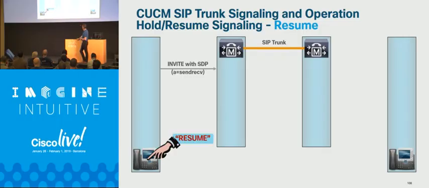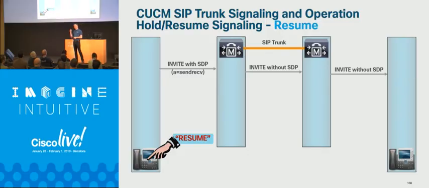But again, if I hit resume here, I'm going to send an invite with SDP here, but note that what I'm sending to this guy is an invite without SDP. It's a delayed offer. The configuration of this trunk for early offer or delayed offer only applies to the initial invite that we send. Beyond that,